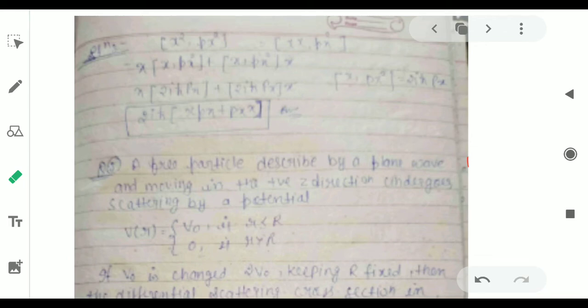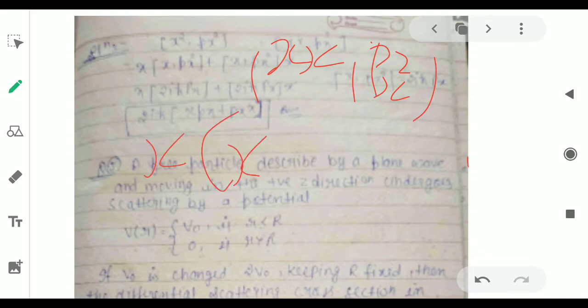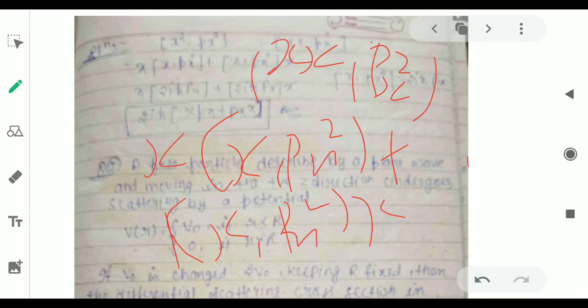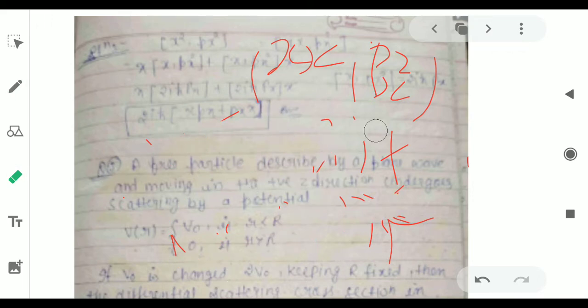Okay, so I will open it by this method. First we write px square and x square, and we can write xx and px square in the commutation. So first we take x here and x px square as it is, plus we take x here. Okay, you can see in this copy x here: first time inside here and second time outside, first time here and second time here. Now here you can see what is written.